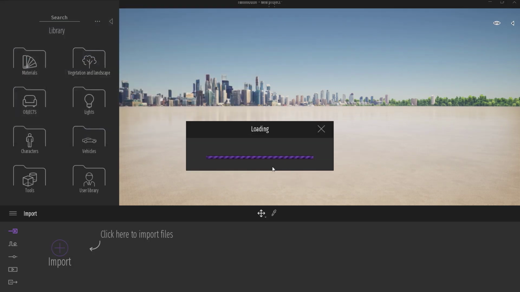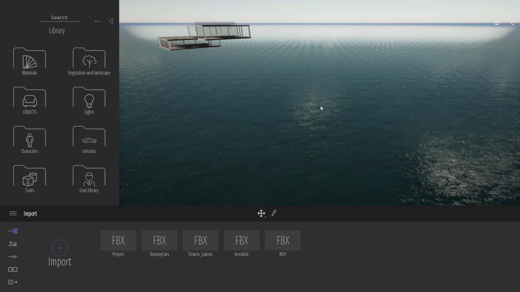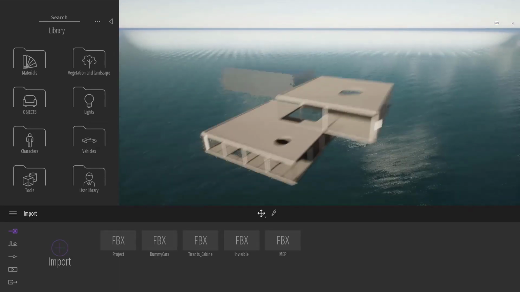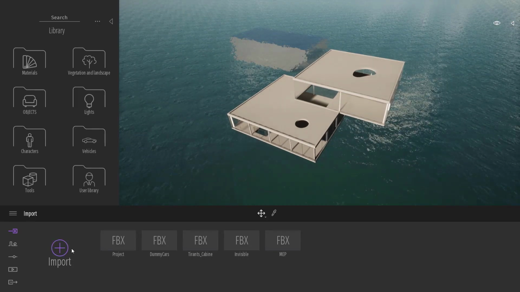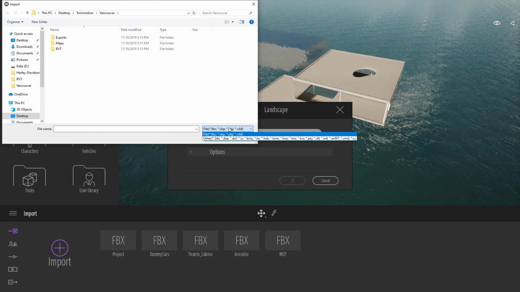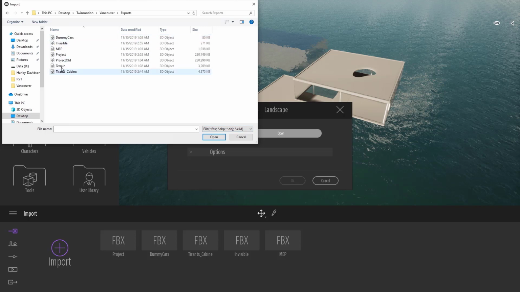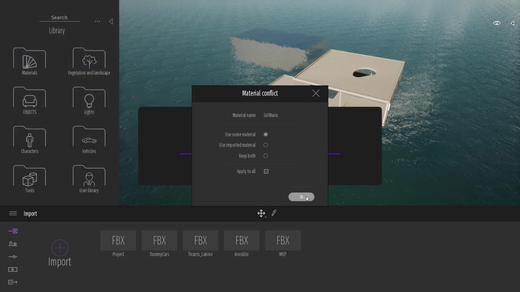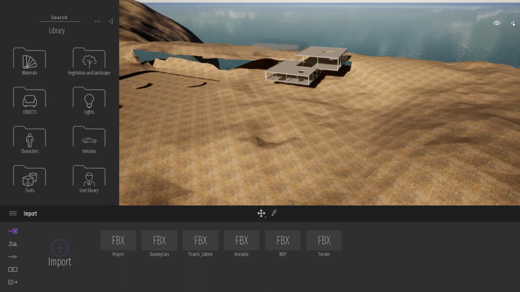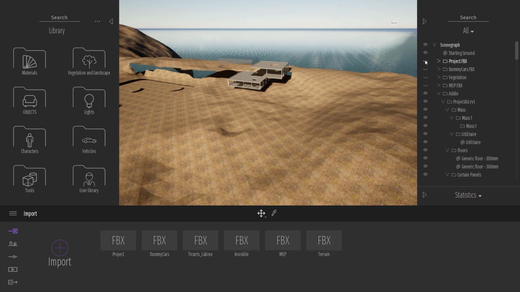I will import my project into an existing project where I have already imported other pieces of 3D model that I've created in 3ds Max and some of them in Rhino. So I'm just going to import these small houses inside here. Now, for this project, I have also created a terrain, and in Twinmotion you can import plenty of 3D files using different file formats. So here I will just import my terrain as a .fbx file. And finally, I will just unhide another part of the project, the part that was created in 3ds Max and Rhino.